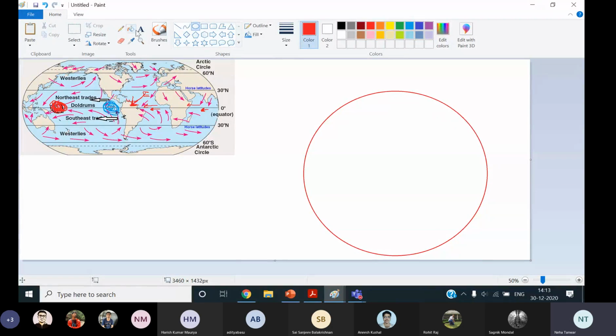Okay, let's consider this is our Earth and this is the equator, and this is something like 30-degree north, and these are the longitudes. So the winds that originate from here at 30-degree north, since it's a high pressure zone,